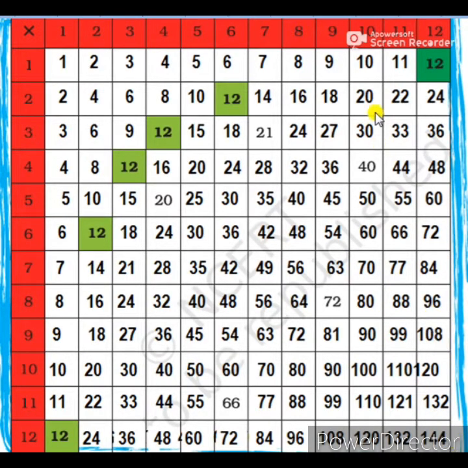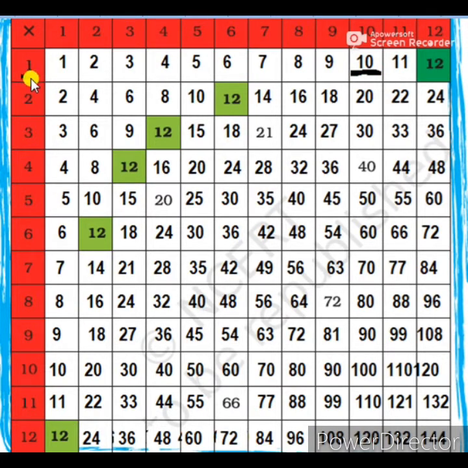Now observe this box. The first table is the table of 1, second is multiples of 2, third is multiples of 3, like that up to 12 I have completed. Now we have been asked the factors of 10. From this chart we have to find in which places we have 10 as the multiple. See the first line, the table of 1: 10 is the 10th multiple of 1. There we have 10 as the multiple, so 1 is a factor of 10.